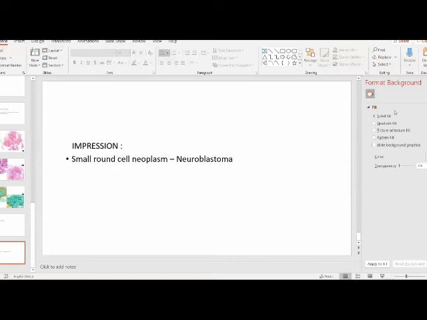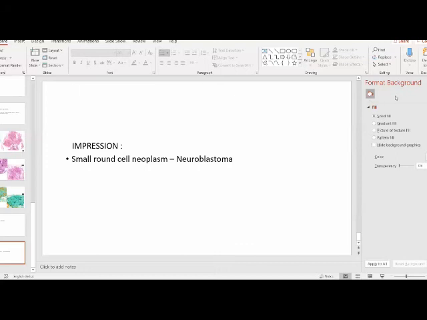So I will be updating you in the next tumor board as to what this has turned out to be. This will be an interesting case as to what finally turned out to be the diagnosis for this child. Looking at whatever histopathology findings we have, it looks like a neuroblastoma in this child. I'll keep you updated, but on radiology as well as histopathology, it looks like a small round blue cell tumor. So can we go ahead with the next case, please?